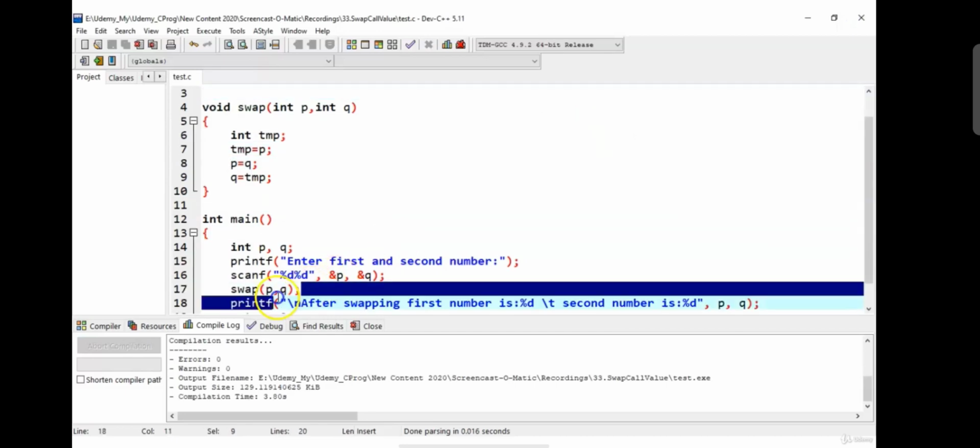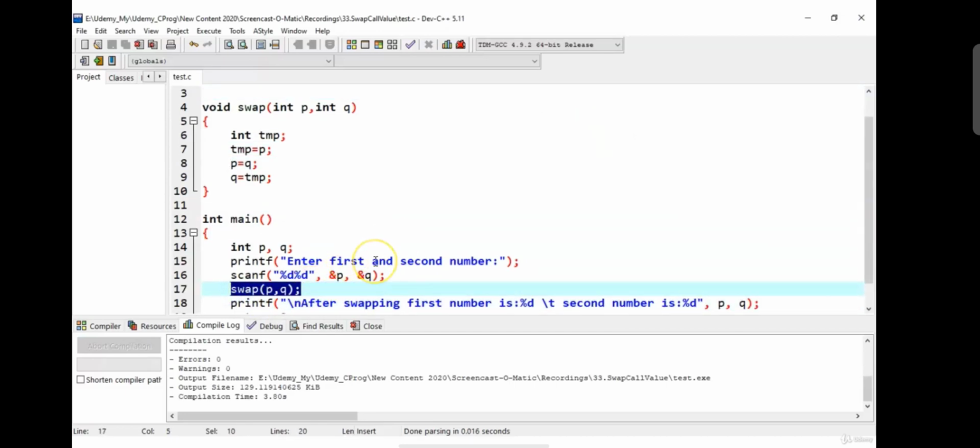Note that when we are passing the arguments to the swap function, we are using the call by value method. In the call by value method, the value of variable p is simply copied into the variable p which is local to the swap function, and similarly the value of variable q is copied into the local variable q which is there for the swap function.